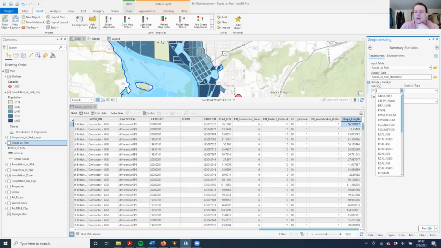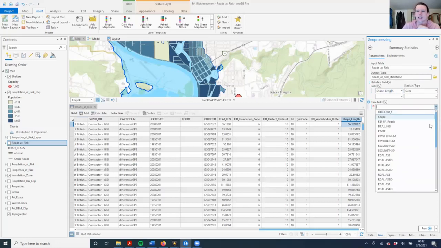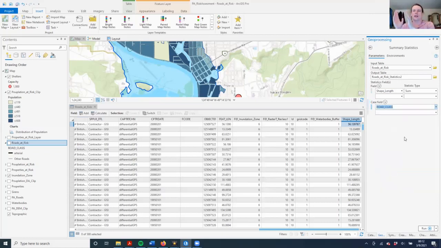And so we want to summarize the shape length, and we want to get the sum, but then we want to set it, give it a case field. So in this case, it's going to be the road class. And so what that's going to do is it's going to give us the total length for each different road